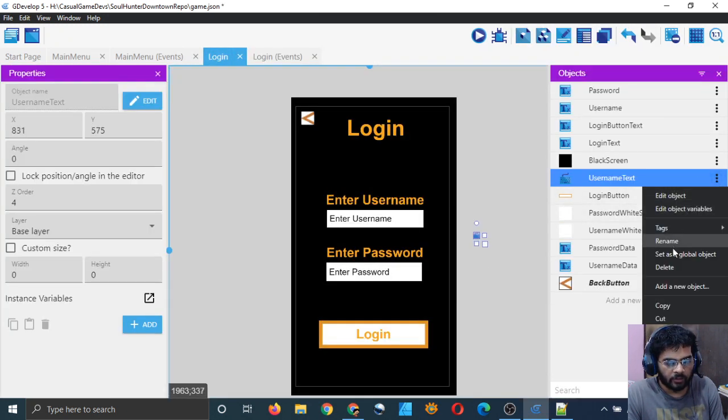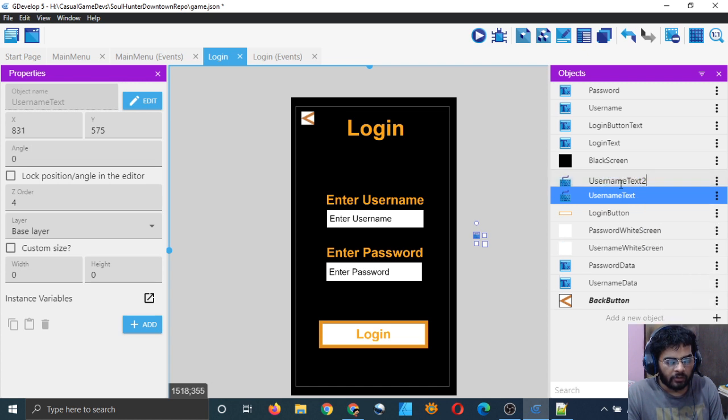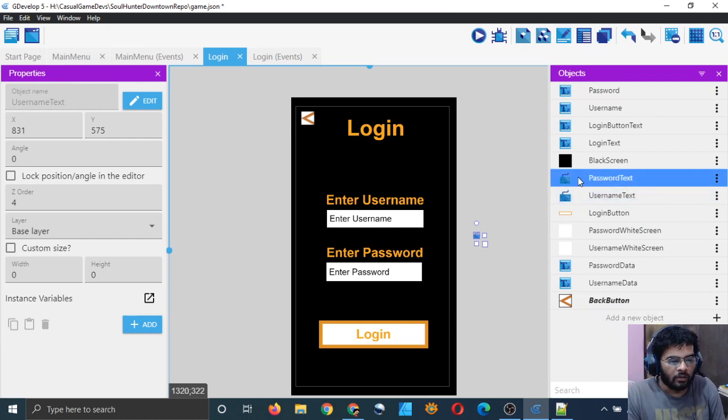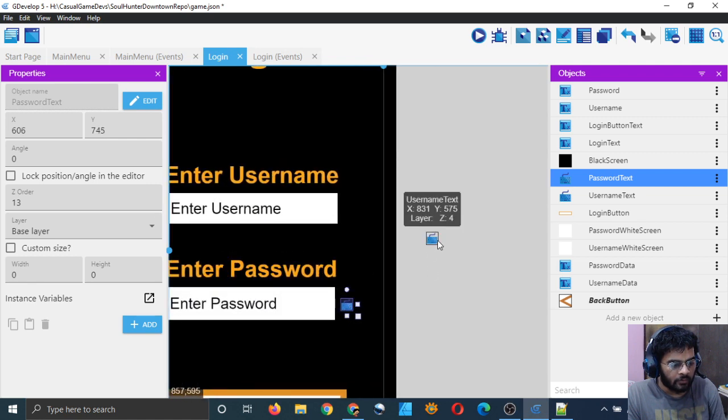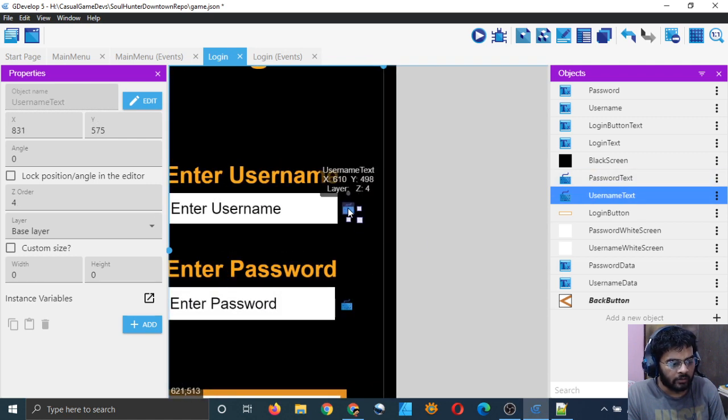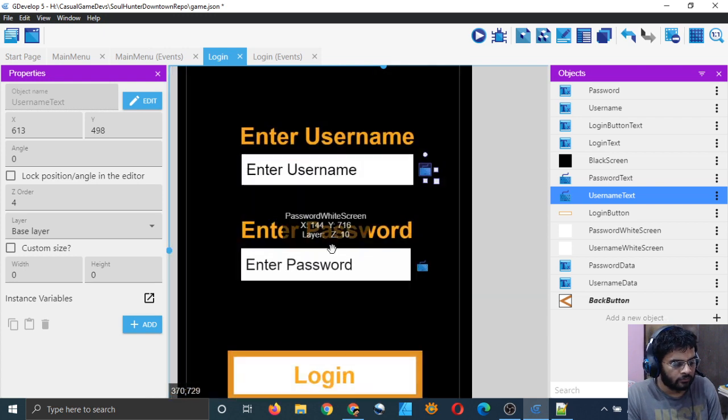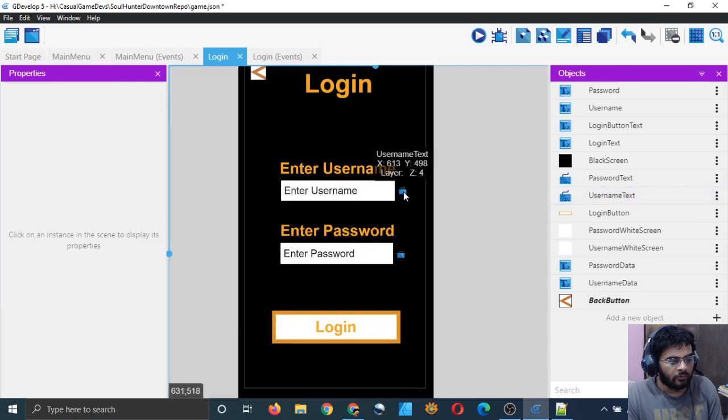I will simply duplicate it and type the name password text and simply drag it here, just for my own understanding, that this is for username and this is for password. So that should be good.